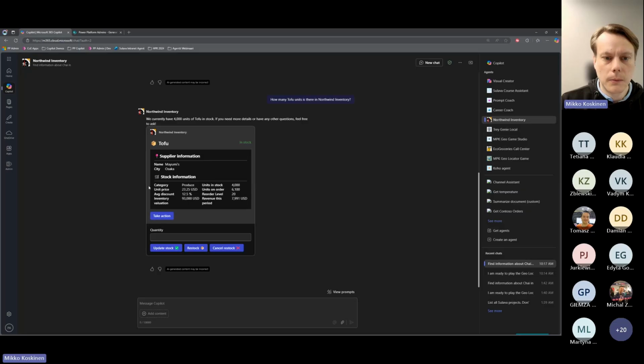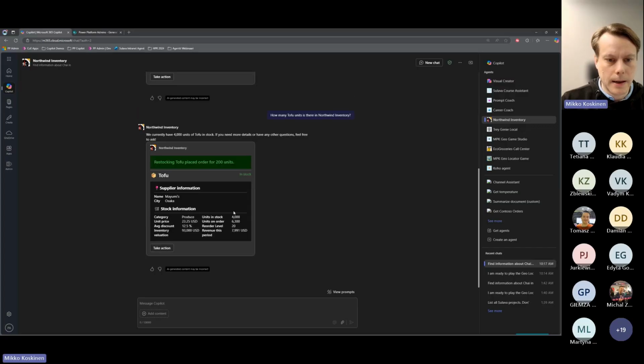And with this one, we are able to take also actions against the data. So let's restock a couple of these items. And as we can see, that information was written back to the database. So you don't necessarily have to only fetch the information. You can also interact with these different systems with the agents and have like a real user interface for the applications,